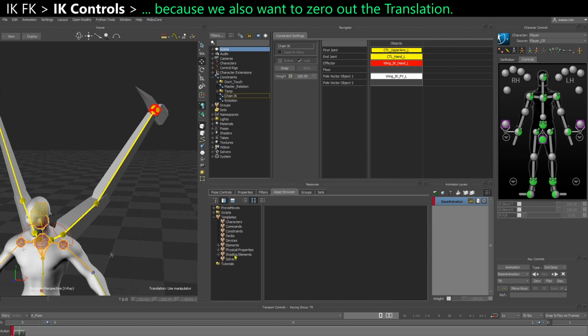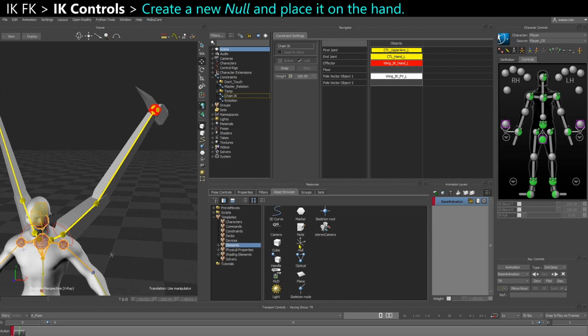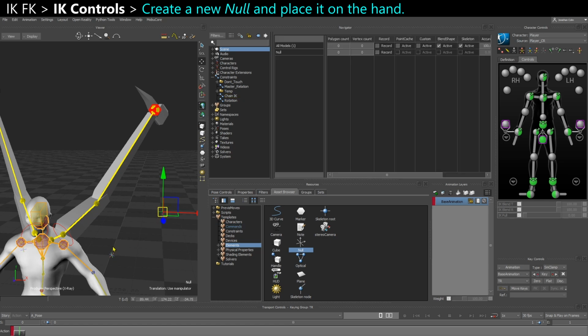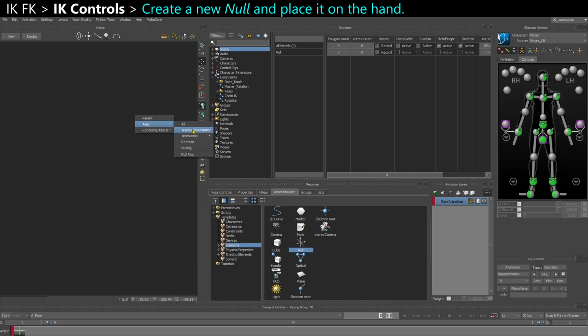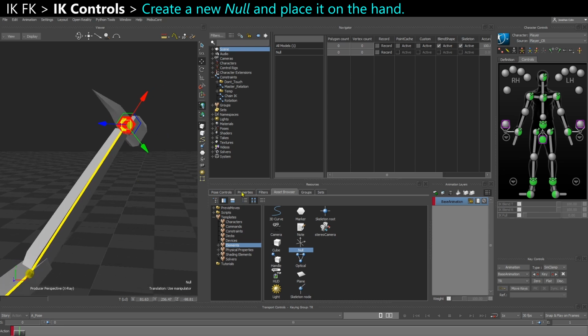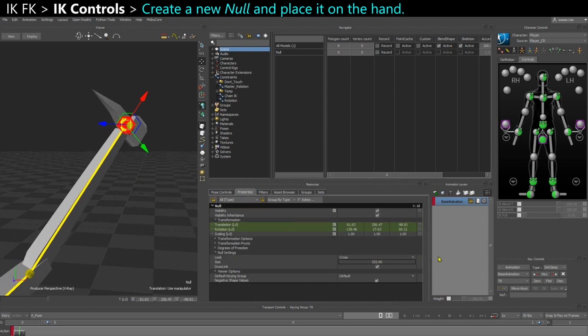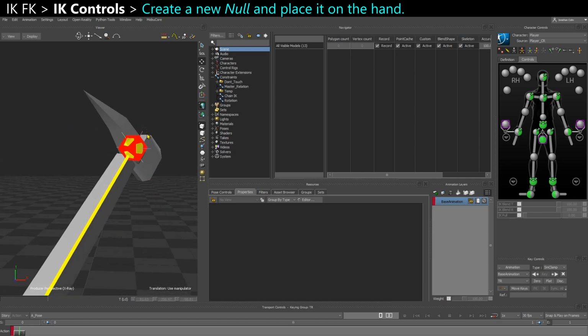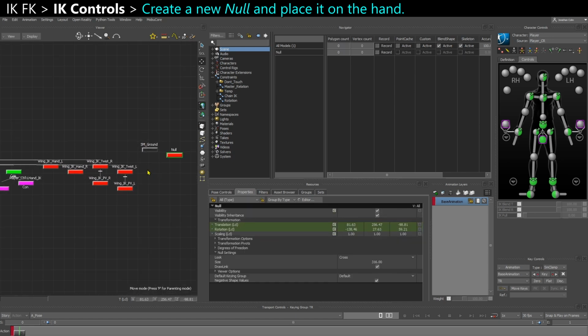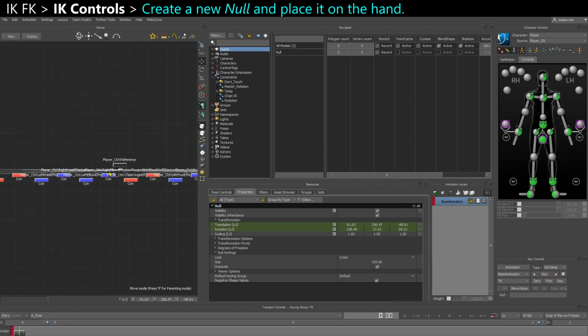So you can go to Asset Browser, and for this I like creating a null, once again just like the pull vector, because it's not an object that the animator is directly going to use or manipulate, so I prefer to use that rather than a marker. And I'm going to line it up to my IK control, make it a little bigger so it stands out like that, and gonna parent it to the same thing, reference,